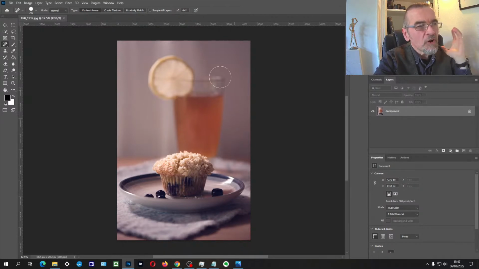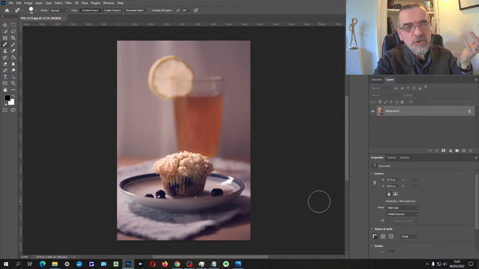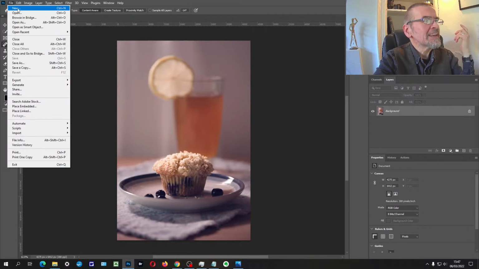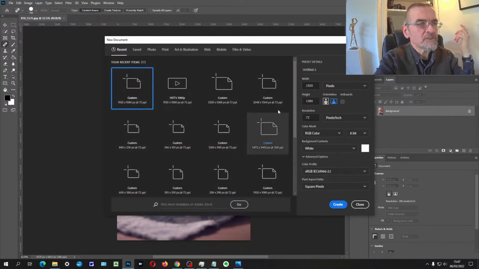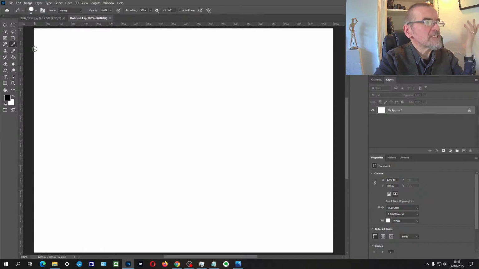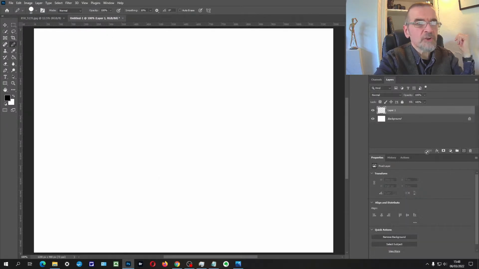Right, so we've got this layout. Now, how else could we do it? I was tempted to start cutting out in Photoshop and moving things about, but the problem is we have background and stuff as well. I'm now going to attempt very bad drawing just to try and get a point across. So let's create a new document, 1200 by 900, that'll do. I'm going to use a little pencil tool, and on a new layer,